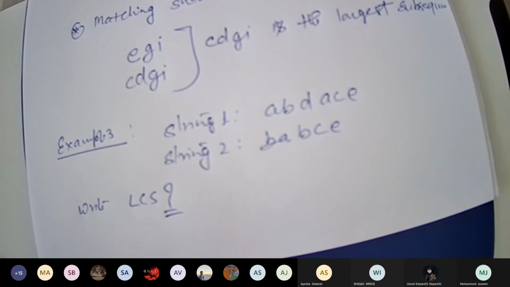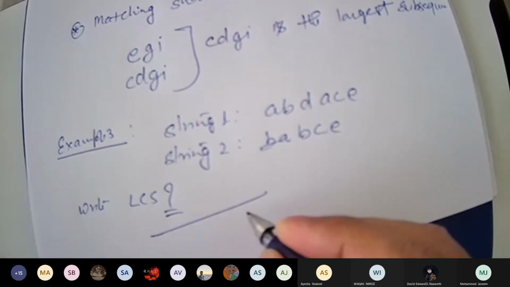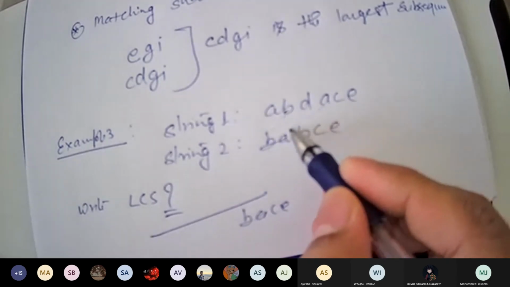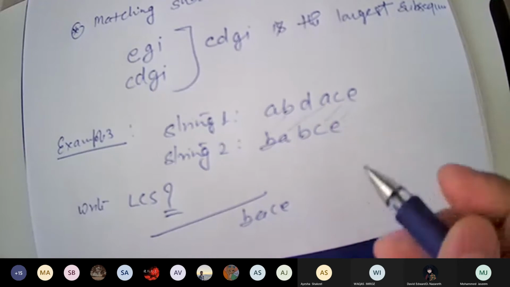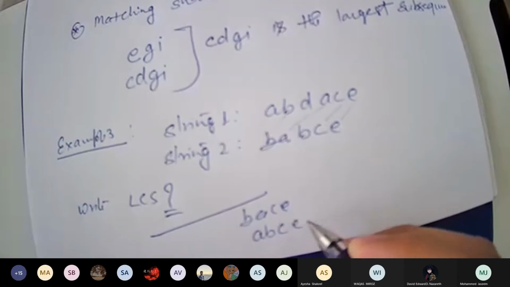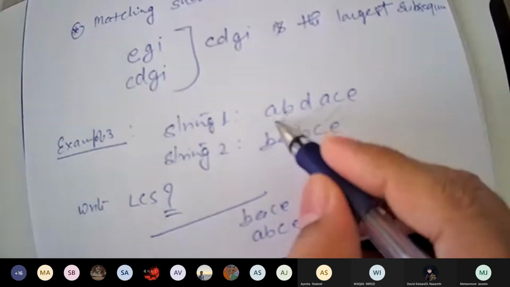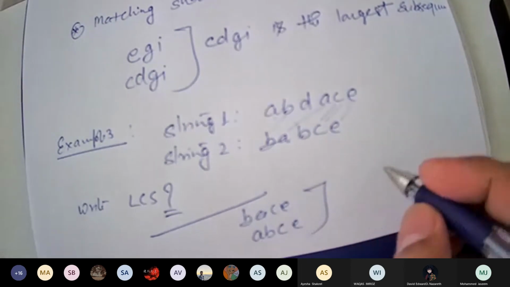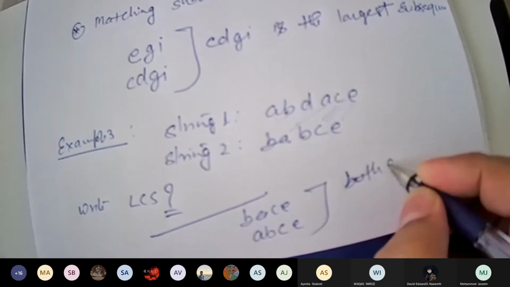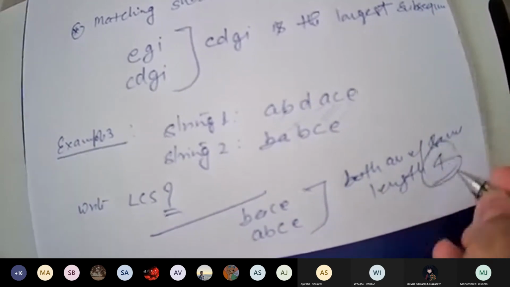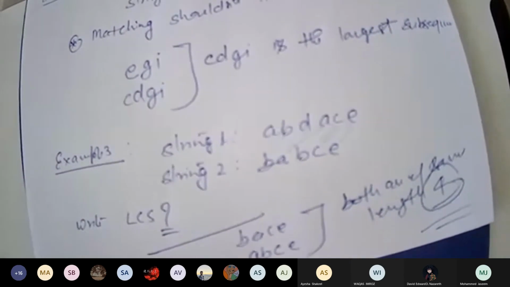So actually two subsequences are here: B, A, C, E and the other one A, B, C, E. So two subsequences are there, both of the same length. So this is longest common subsequence.